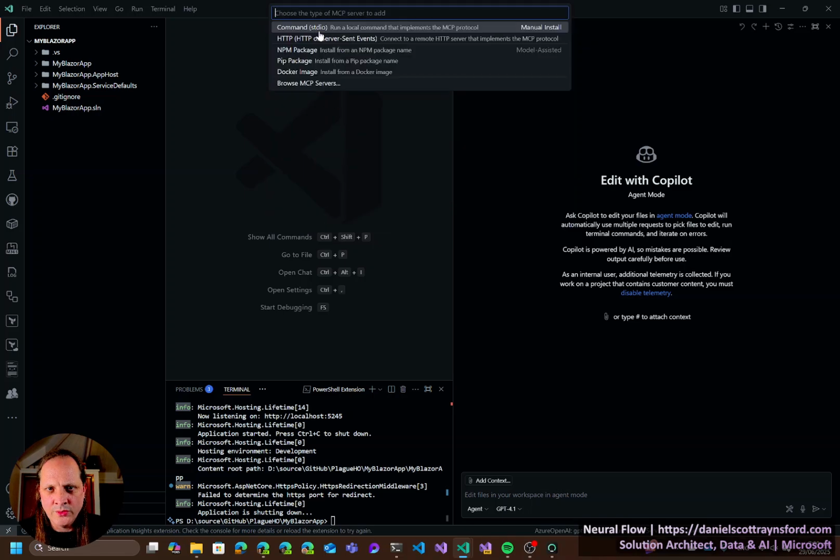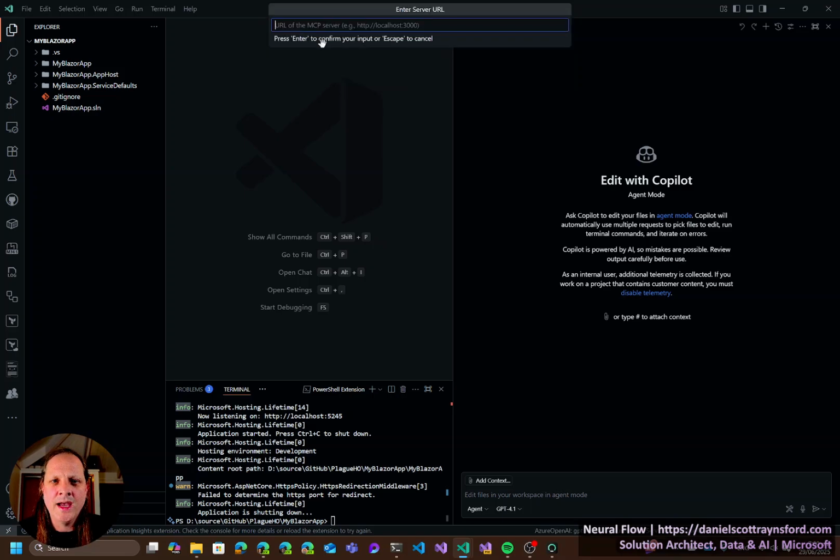Add more tools, add an MCP server. I will select HTTP, and the URL I want to use is https://learn.microsoft.com/API/MCP, and we'll press enter, and we'll give it the server ID. I will just call this Microsoft